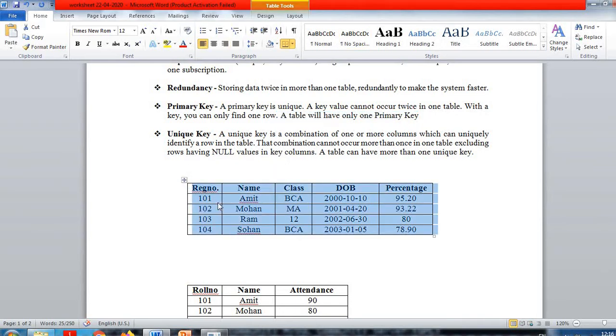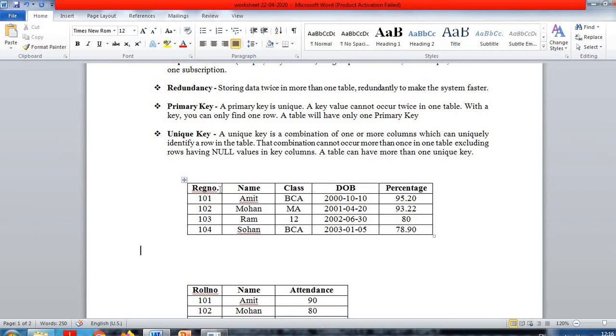For example, in this student table, we can assign a field that contains unique values, like registration number. The name field cannot be assigned as a primary key because two persons can have the same name. Class cannot, because two students may be in the same class.